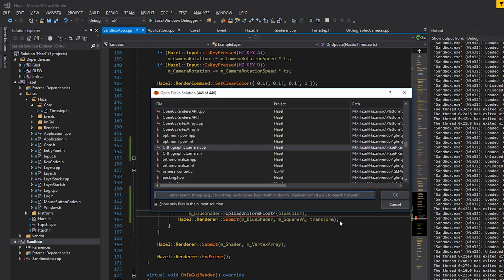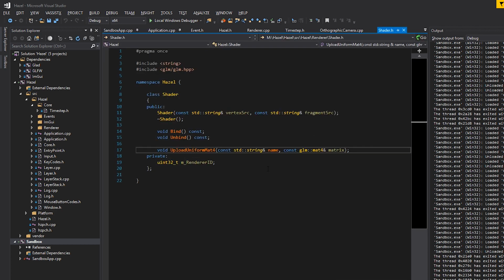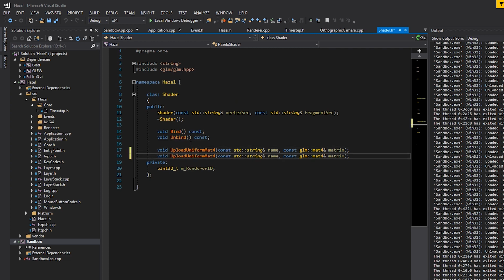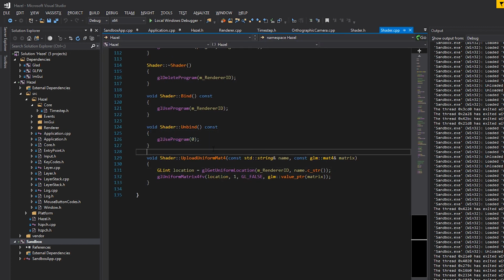So let's visit our shader class and make sure that we have the right function. We'll have upload uniform float 4. This shader class really needs some work, by the way. So maybe that's something that I'll do next, because there's a lot of stuff that needs to be done here. We'll have values, I guess. I'll copy this, come over here,